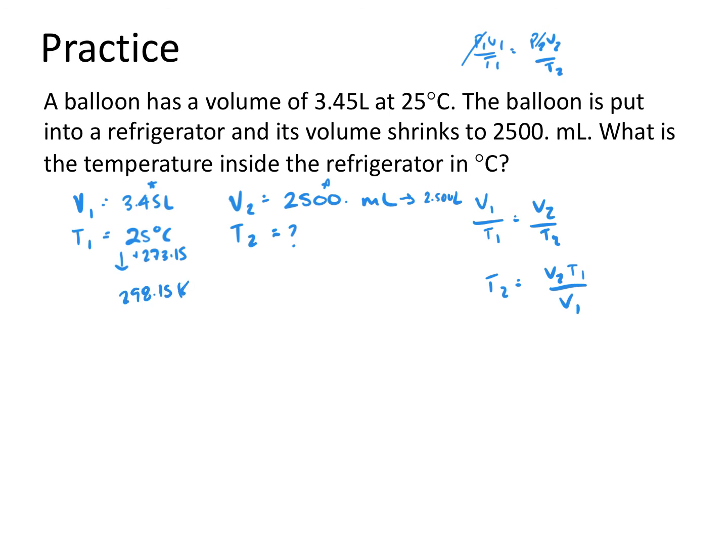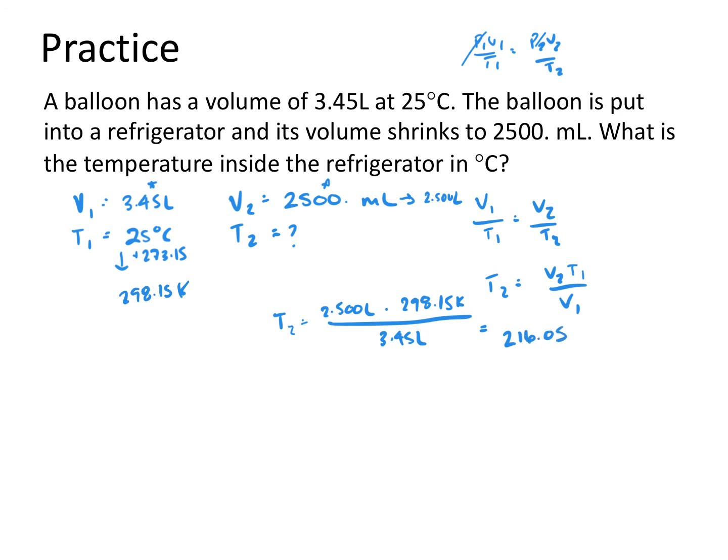We're going to go ahead and plug those variables in. So T2 is going to be equal to 2.500 liters times temperature 1, which is going to be 298.15 Kelvin, all over 3.45 liters. We go ahead and plug this into our calculator. That's going to give us